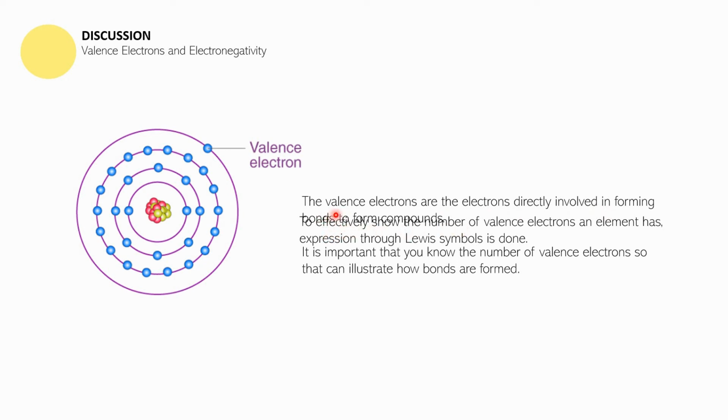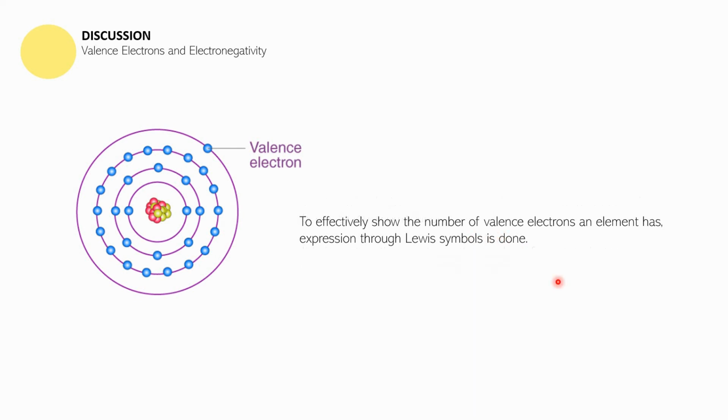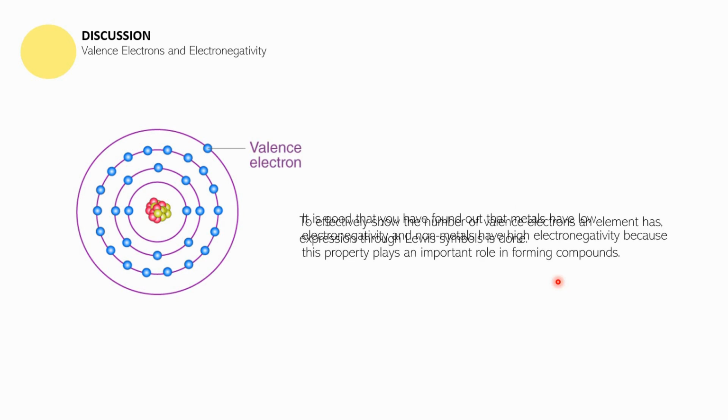So sila yung electrons na talagang involved dun sa pag-form ng mga compounds. Sila yung nagmo-move. Okay, yung mga electrons na nasa outermost shell. It is important that you know the number of valence electrons so that you can illustrate how bonds are formed. So illustrating them is done through Lewis symbol. So I know this is not quite readable, pero it is good that you have found out that metals have